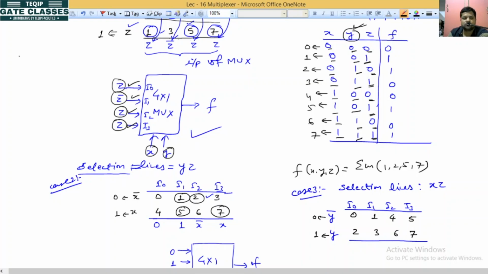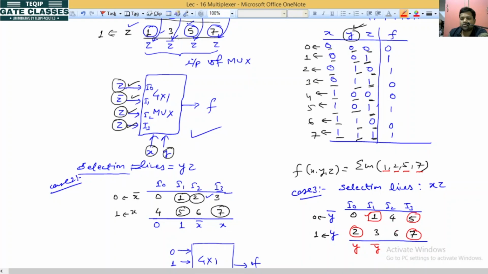Okay na. Now circle these numbers in the given scenario. So we have 1 here, circle that, 2, 5 and 7. So 1, 2, 5, 7. So write the I0 value here. Why? Because one circle is there, so corresponding to this circle we have y. Corresponding to this circle we have y bar, so write y bar here.